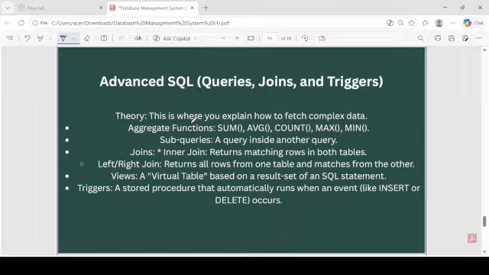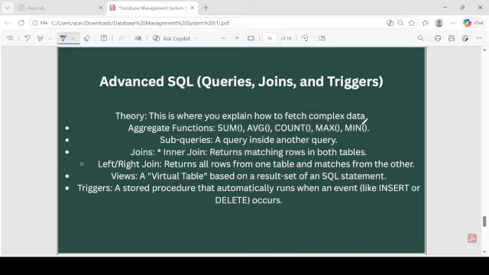All right, so these are the functions which are used to sum, like if we want to sum all the salaries of the employees, we use sum here. Avg is used for the average of salary. If we want the average of salary, we use avg. If we want to count the number of employees, then we use the count aggregate function. And if we want to find the maximum salary, we use max, and for minimum salary, we use min. So we use these aggregate functions according to our need, to fetch complex data.